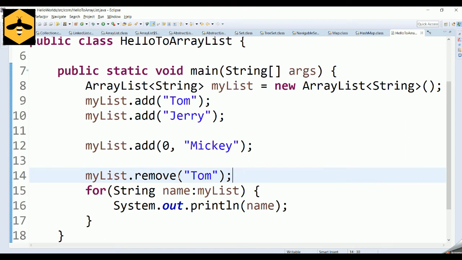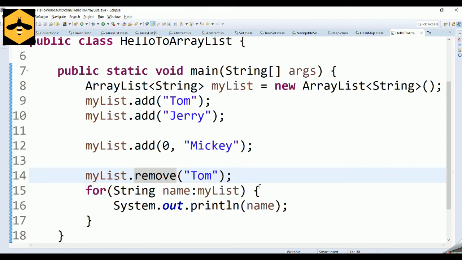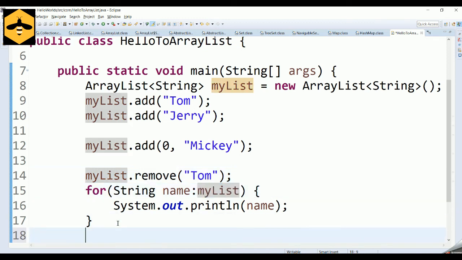If I give remove of 0, whichever element is there on the 0th index will be removed and all the elements will move from right to left, while when inserting, elements will move from left to right. So that is how it happens. And along with addition and removal, like adding the object directly, adding it by making use of the index, removing directly by making use of an object and removing by making use of the index, apart from that, list also provides you lots of additional functions.